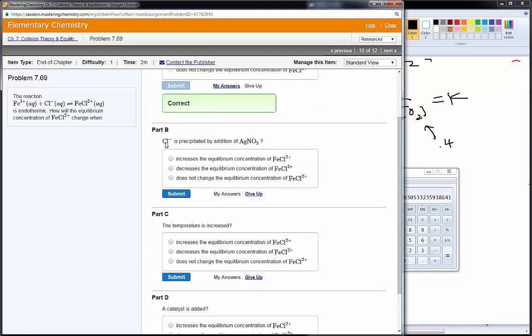If I precipitate chloride by adding AgNO3, essentially, again, the nitrate is doing nothing. It's just a spectator. It's not involved. But precipitate is because chlorides are not soluble with silver. So I'm going to form silver chloride solid. So I'm removing chloride from the reaction solution. That's what this is doing. It's removing chloride. So if I remove chloride, then this whole reaction at equilibrium is going to shift to the left to replace chloride that was removed. And by doing so, it will decrease the amount of the product, FeCl2+,